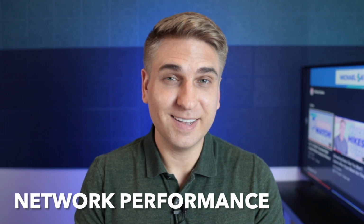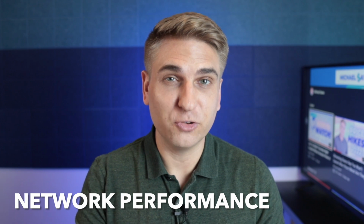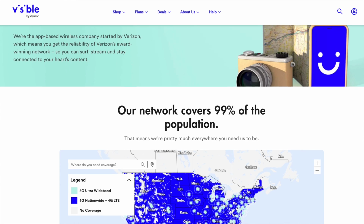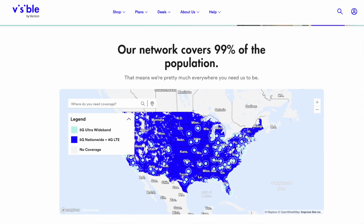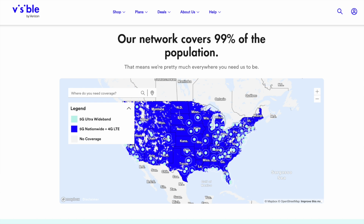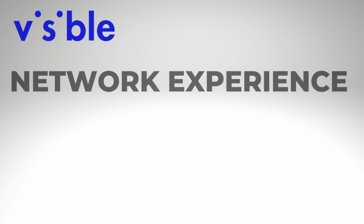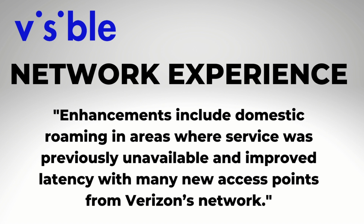Moving on to talk, text, and data performance, because there's some changes to talk about here too. When it comes to network coverage, Visible is owned by Verizon and uses its 5G and 4G LTE networks. So if Verizon is strong where you live, Visible may be a good option to consider. And with the new plans, Visible says the network experience has improved. Here's what the company told me in response to one of my questions. Enhancements include domestic roaming in areas where service was previously unavailable, and improved latency with many new access points from